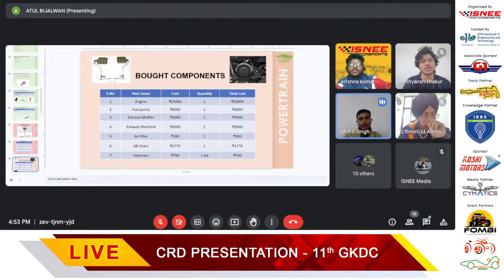We have bought a Yamaha engine of 149 cc for 25,000, a fuel pump for 4,000, an exhaust muffler for 3,000, an exhaust manifold for 3,000, and an air filter for 300. We have an 8V chain of 1,770 rupees and fasteners of 7,000. Moving forward,